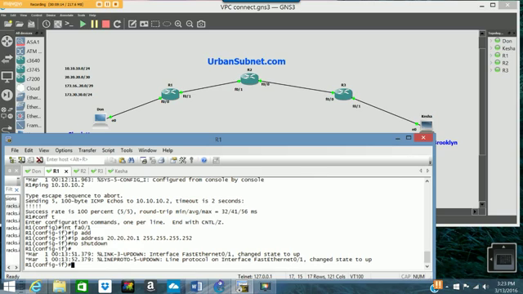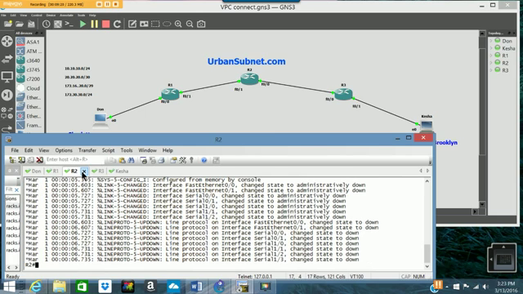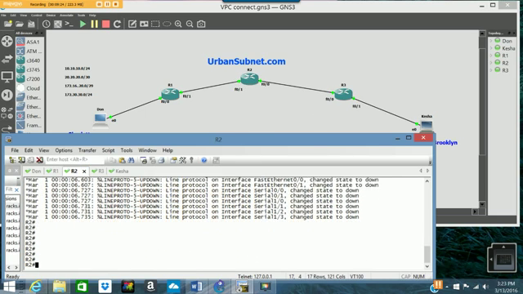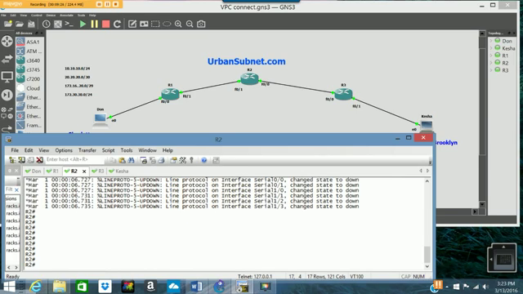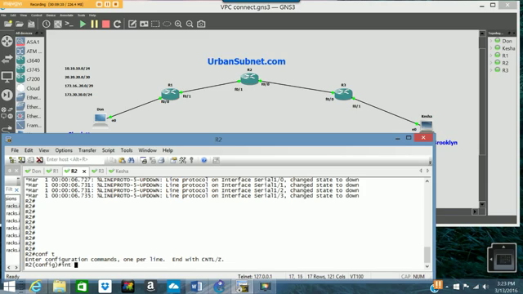And there it is. So the interface has come up, and it has an IP address assigned to it. So now what we're going to do is we're going to go over to this other router here, router number 2, and we have to connect him up to router number 1. So we're going to do the same thing, config t. We're going to interface